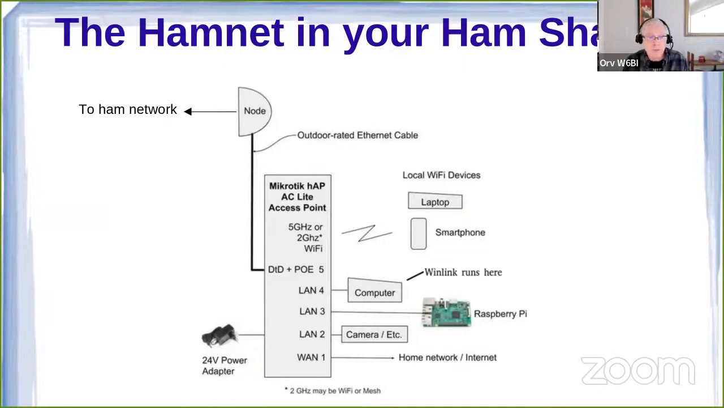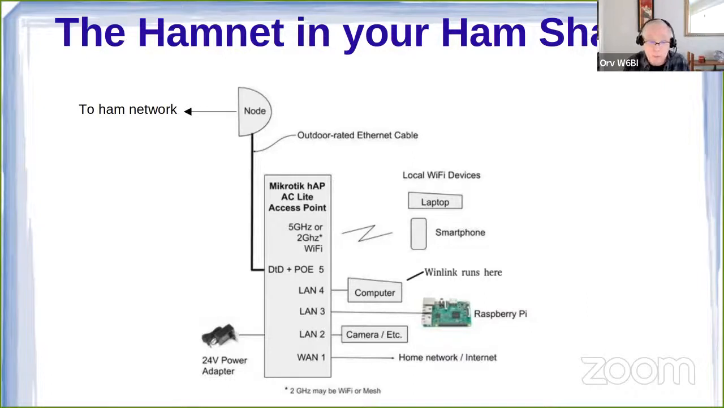In the center there, port 5 goes up to your outside RF node, that's your link to the RF network. It also supplies PoE power up to the node, so you don't have any of those achy external PoE injectors. Down at the bottom, if you're wired to your home network, it goes out port 1, or you can use one of the 2 internal radios of the hAP ac lite to be a wireless access client